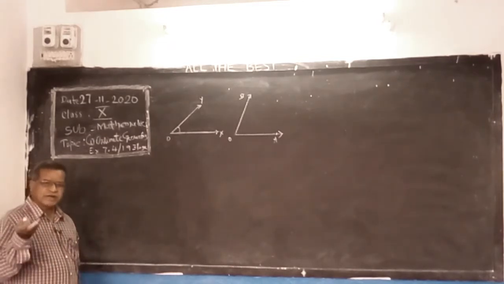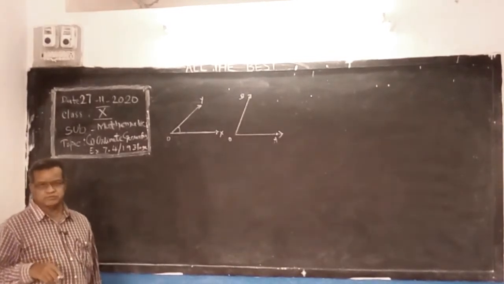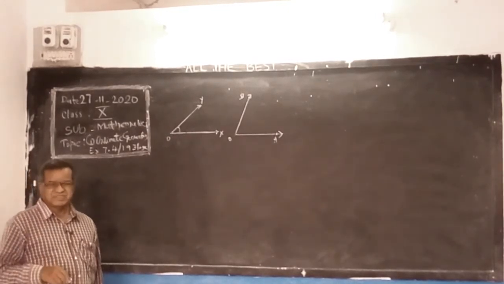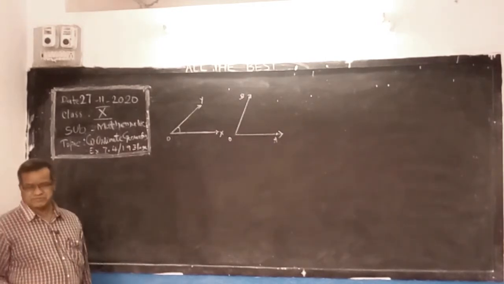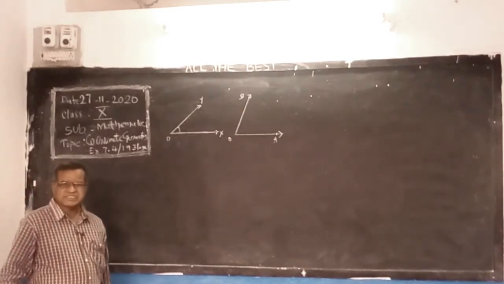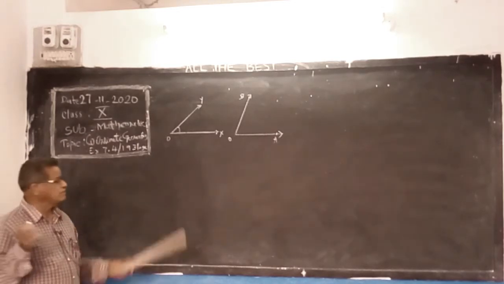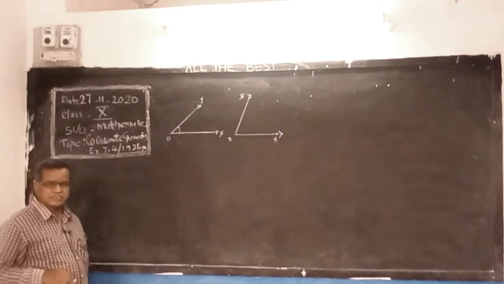Or we can also apply the area of the triangle. If the area of the triangle is 0, then 0 means there is no triangle. There is no existence of a triangle. So it's a line. Then the area of the triangle is 0. So we did such problems in exercise 1.